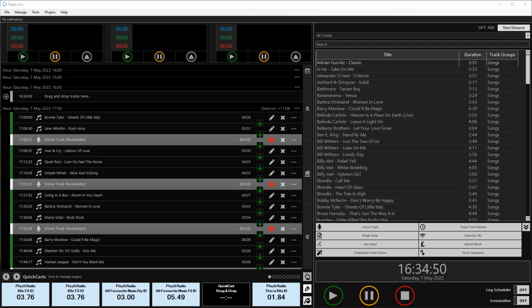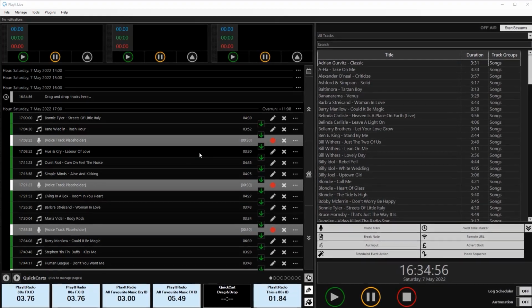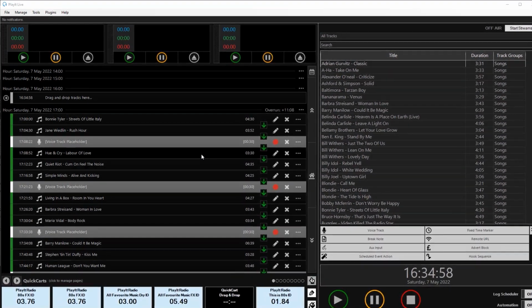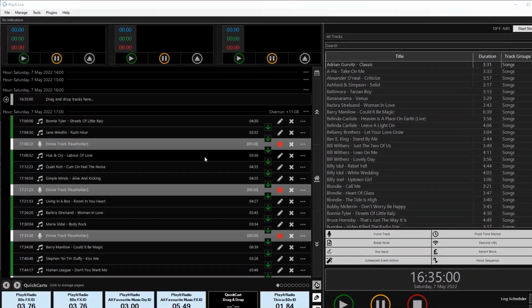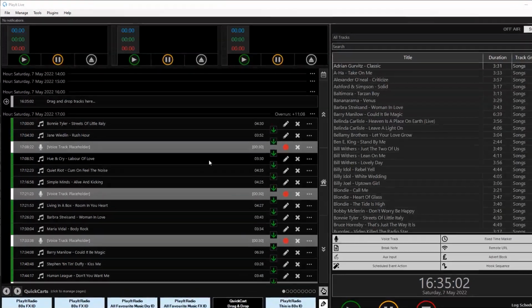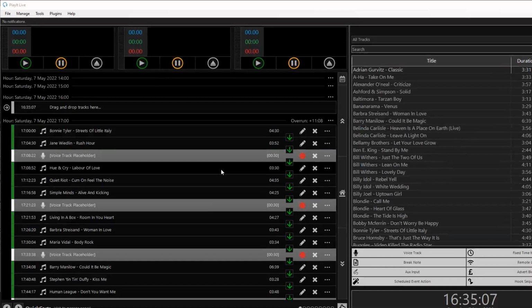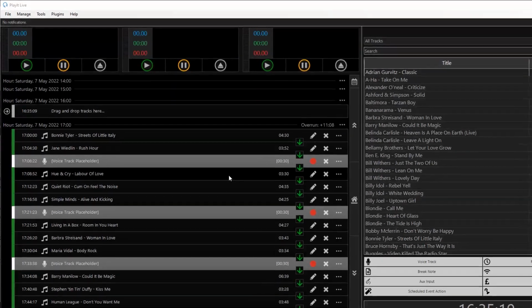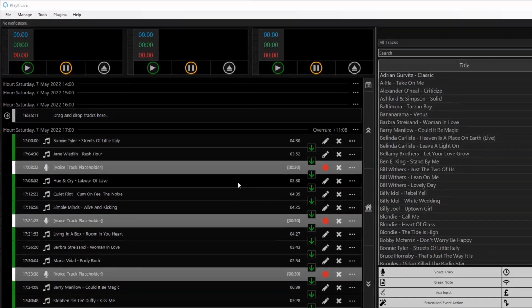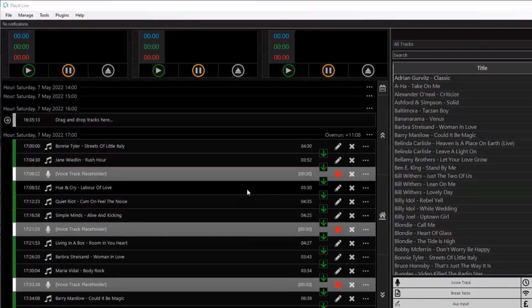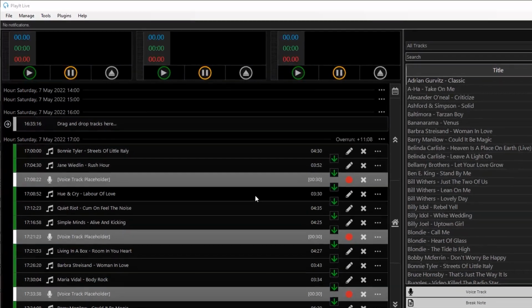So here we are in Play It Live version 2.12. We've improved the remote voice tracking by allowing you to record voice tracks using any operating system with a Chrome-based web browser. Previously, you would record voice tracks using Play It Voice Track, a desktop application only available on Windows. However, browser-based voice tracking is now the recommended approach.